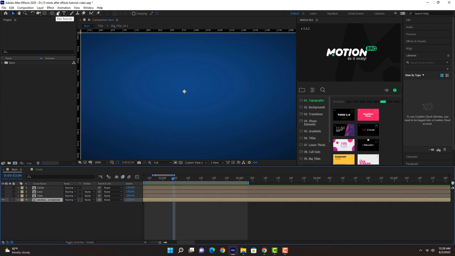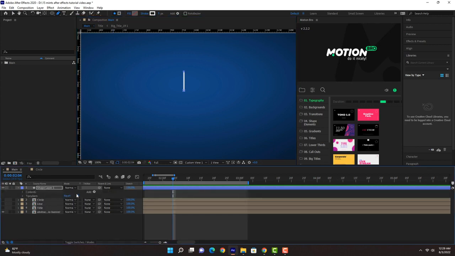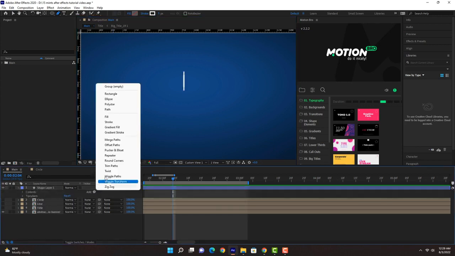So as our first technique, we're going to grab the pen tool and we're going to draw this from the center of our composition. So we can zoom in here and just click a point. Hold down Shift on the keyboard and draw a straight line up like that. So that looks good. So now what we're going to do is open up our shape layer 1 and we're going to add